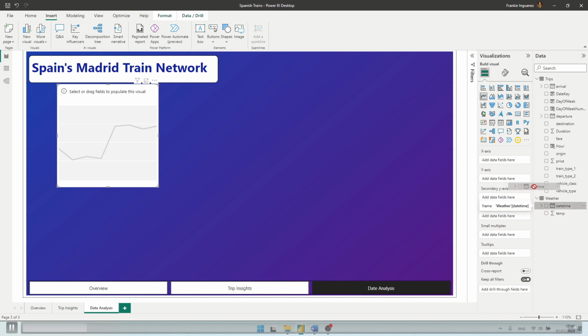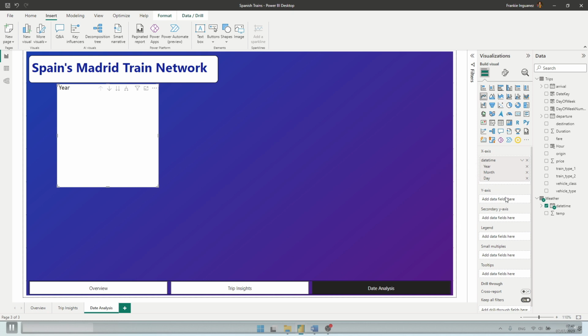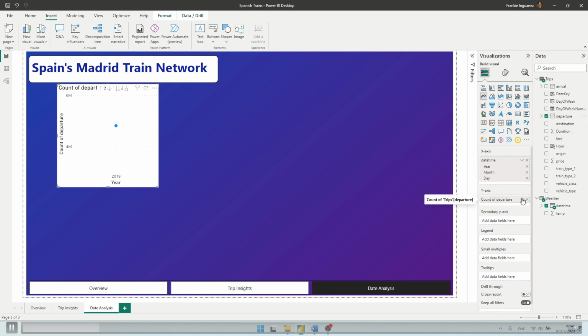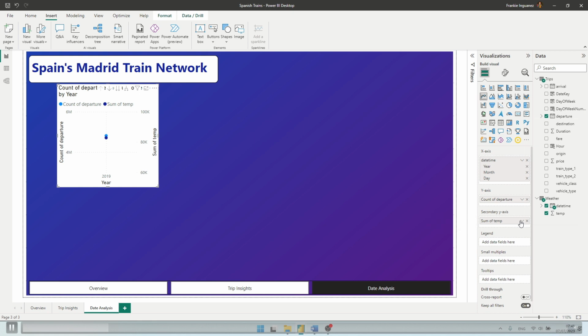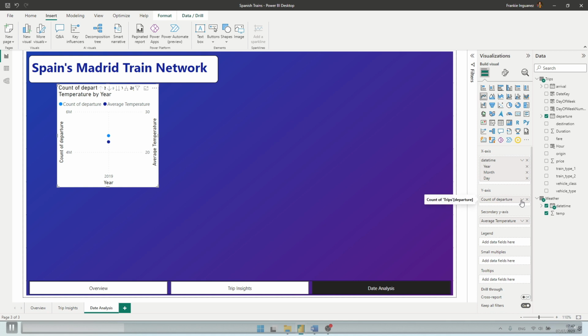now we're going to place on the x-axis the date and remove the quarter from the date hierarchy. On the y-axis, we're going to add the count of departure from the trips dataset, and as a secondary y-axis, we're going to do the average of the temperature. We're going to rename this average temperature. We're going to rename count of departure to number of trips,